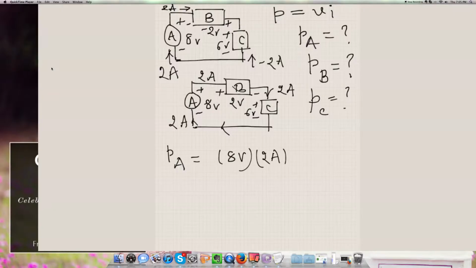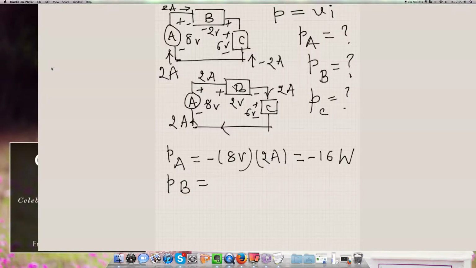The next thing we have to notice is the fact that this current 2 amp is going through the negative polarity, minus 8, right? So we will stick this minus sign here. And as we multiply, 8 times 2 is 16, so it's minus 16. Volt times amp is watt, after James Watt, that is. P sub B, in like manner, is